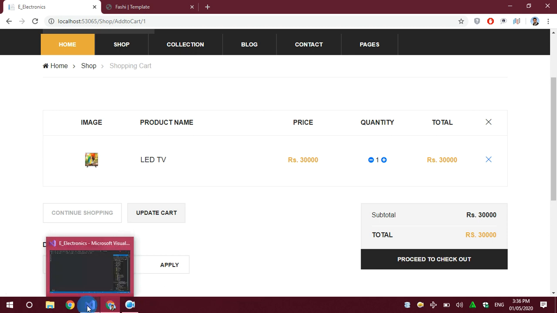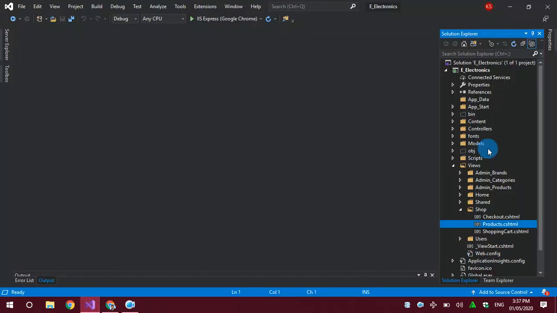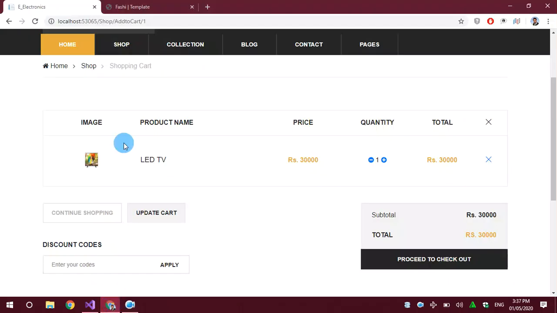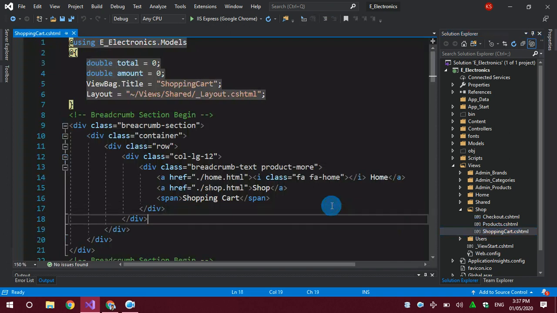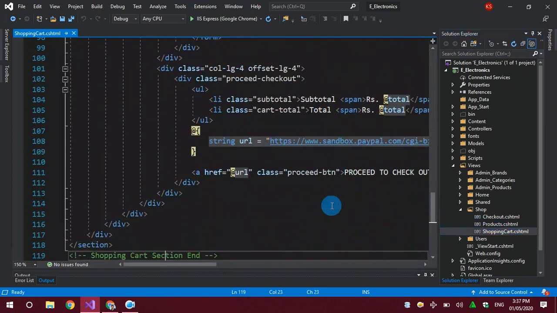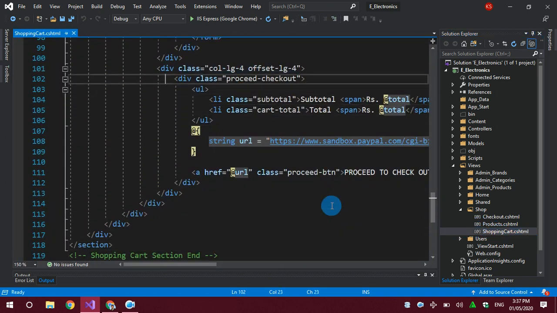I can go to the payment confirmation page directly, because I am in development mode and it is not necessary to pay the amount every time. As it is a time-consuming process, I will bypass this payment gateway. Whenever I click on this button in the shopping cart, it will go to this URL.